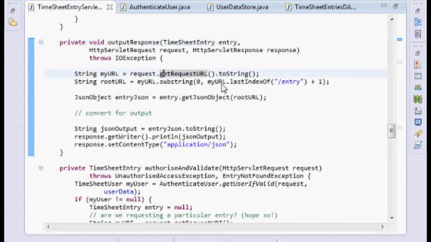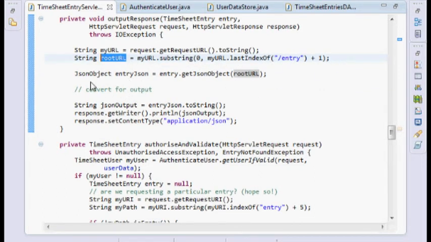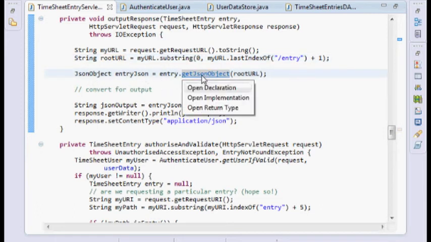So here, one of the important things that I have is the root URL, because all of the URLs that I generate, because my resources give references to their parent resources and their child resources within them, are all relative to the current URL. So this is nice so that I don't have to do any kind of worrying about the server. Whatever URL you've managed to get to this servlet with is obviously a valid one, so I'll just send the same idea back to you. So we have got the URL, and then we just call this on my data object with the entry get JSON object,